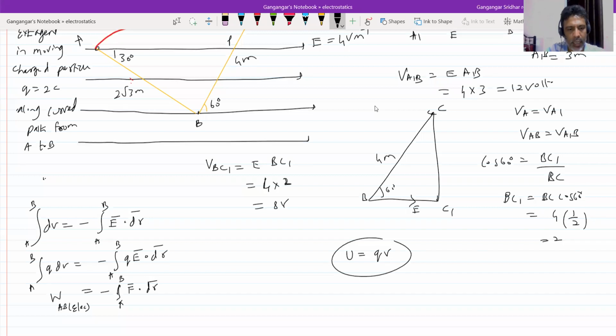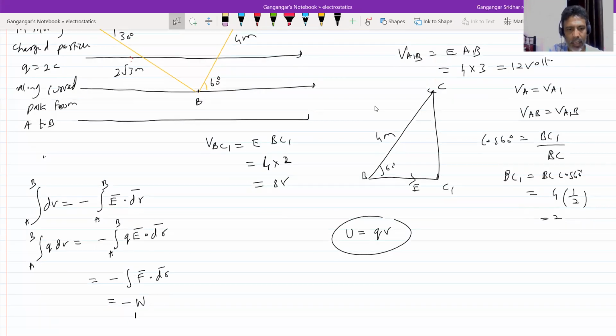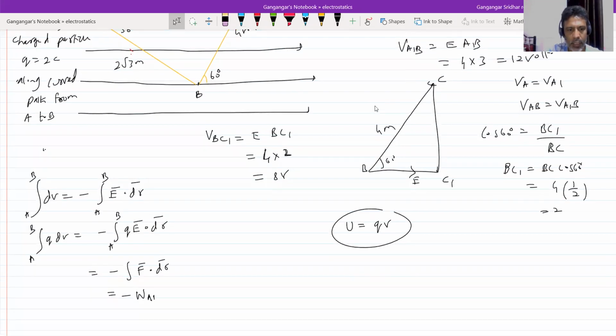So this is what I ended up with. We'll do one thing. The RHS I'll replace, so this will be F into dr bar. You know what F into dr bar is? Integral of F dr bar. Work done by external agent or work done by electrostatic force in moving a charged particle from A to B. On this side, what should you write? Q into